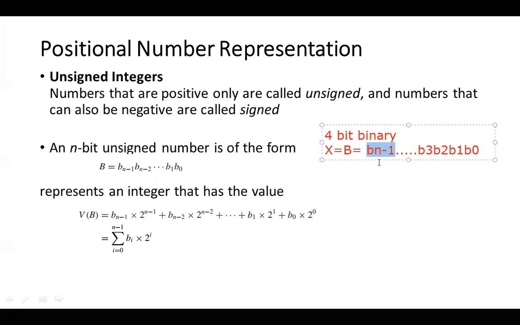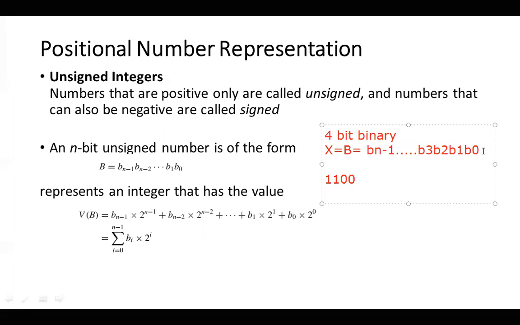Now you can represent this number mathematically in summation notation. It starts from 0 and ends at n minus 1. So for the bit position, say I give a variable i, the bit position goes from i equals 0 to i equals n minus 1. What is the bit position value? Bi into 2 to the power of i. Suppose I take a 4-bit number and write it over here: 1100. What does that mean?